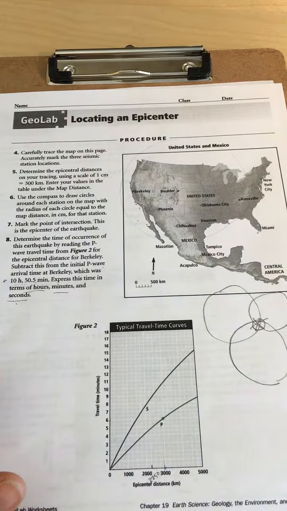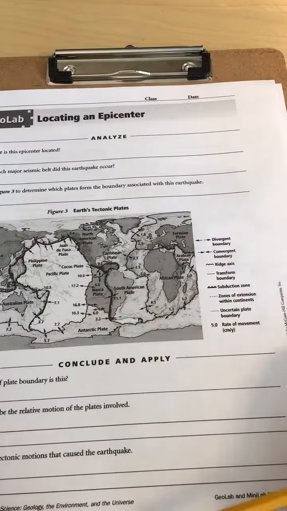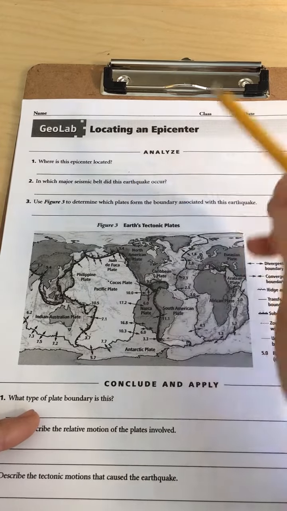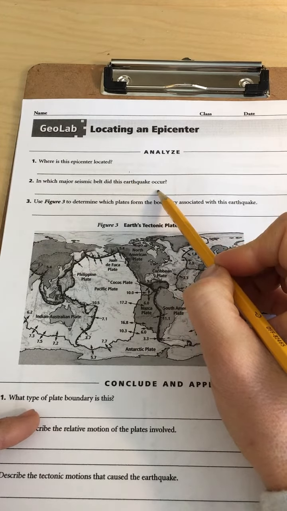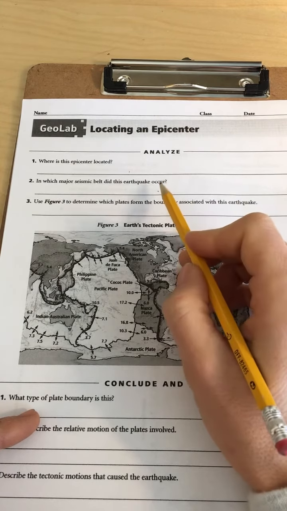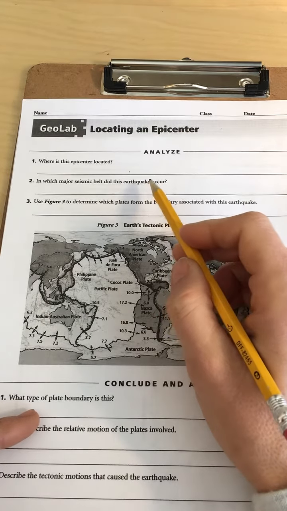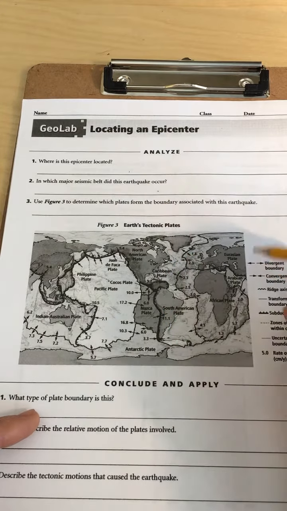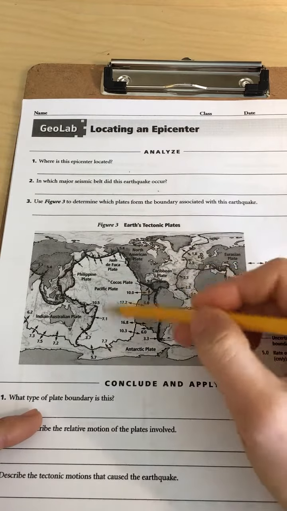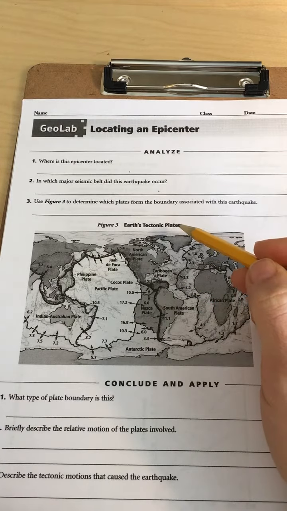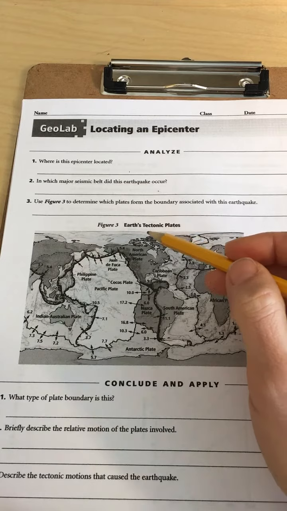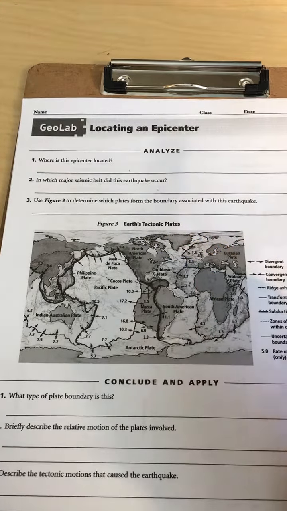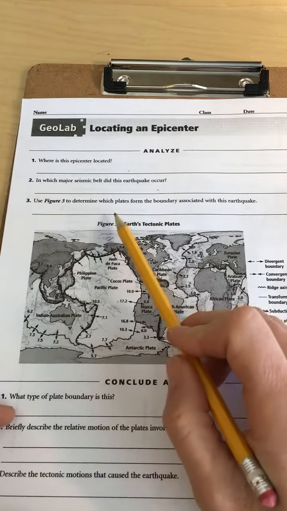All right, so then you will answer these questions, and I'm going to give you a little bit of information about these. So you need to write where it's located, what's the closest city, in which major seismic belt did this earthquake occur. Now in your book, there's a little section on seismic belts. It doesn't tell you the exact answer, but I think once you figure out where it is, you can look at what the seismic belt is there. And it only gives you 2 options. Okay, so I think you can figure that one out. And then you use figure 3 to determine which plates form